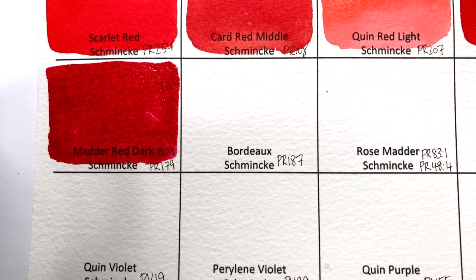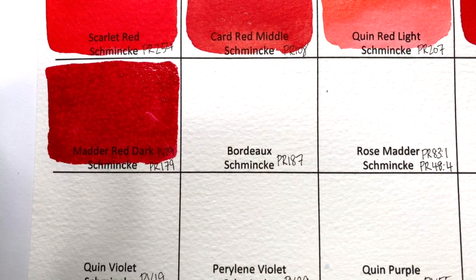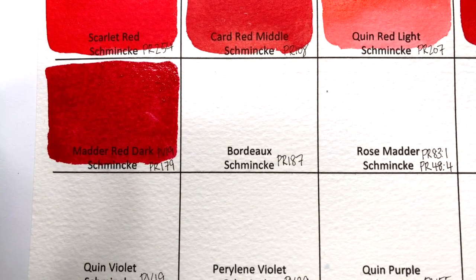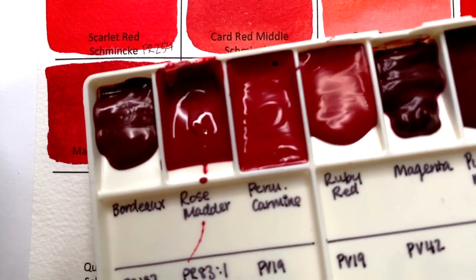So we say goodbye to palette 2. Bye bye. And we go to palette 3, which is the cool reds, violets, and dark blues. And can I just say, of all the... I can't open this palette, hold on. Oh, there we go. Of all the colours, the Schmincke colours set up really well in palettes, except for the